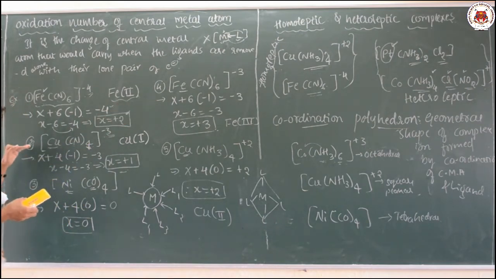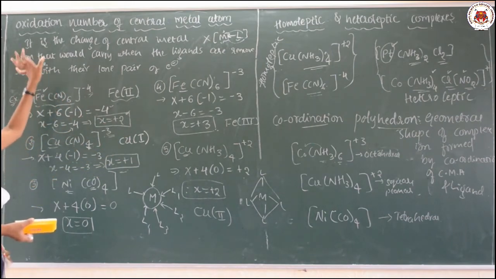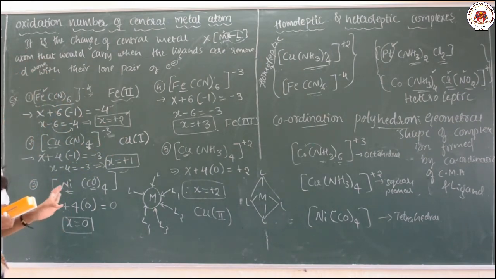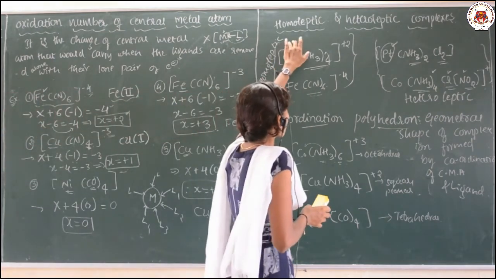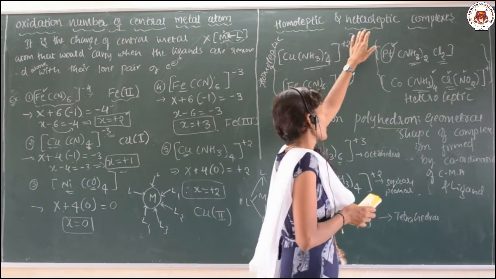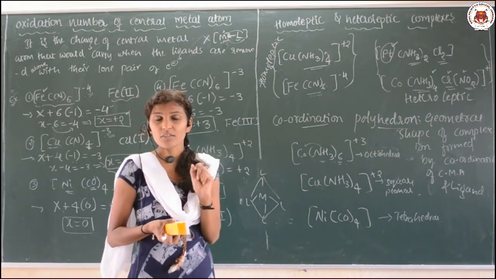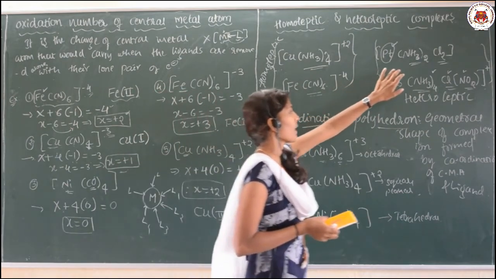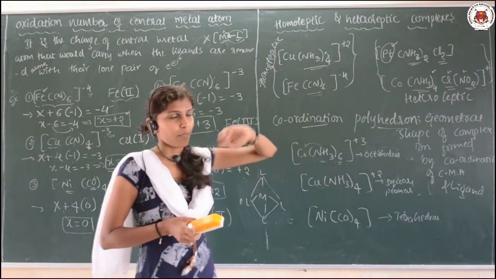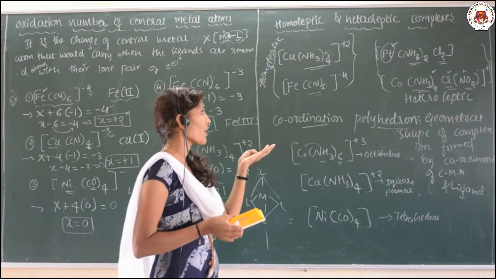Okay. And similarly, if you go on observing the different examples I have already explained, just try once again, you will be able to find exactly the oxidation number of the CMA, that is central metal atom or ion. So let us go through a few more definitions. Homoleptic complex and heteroleptic complex: homo means only one kind of ligand is surrounding the central metal atom. Hetero means more than one kind, different kinds of ligands are surrounding the central metal atom, and these are the complexes for which we have given examples of homoleptic as well as heteroleptic.